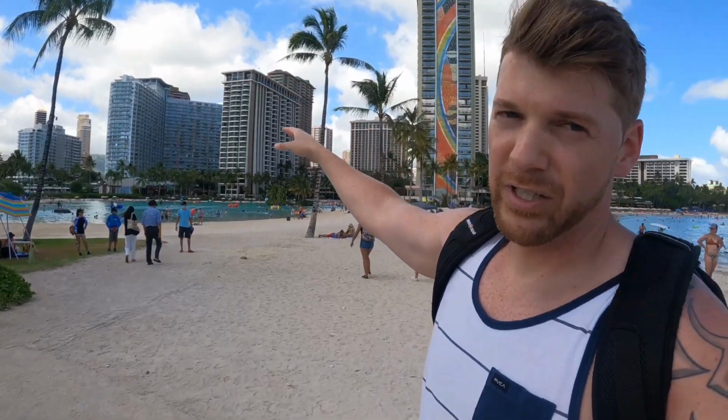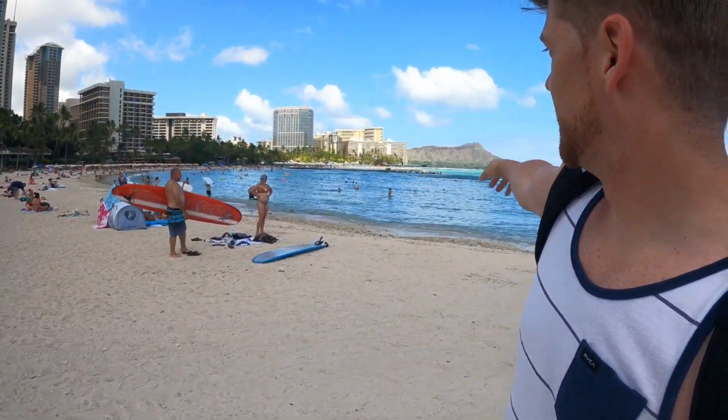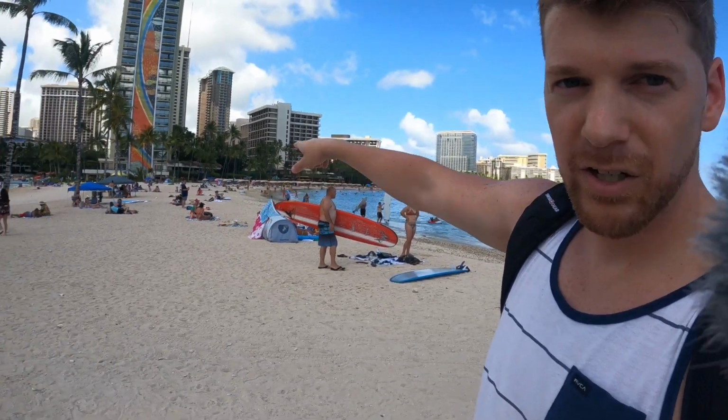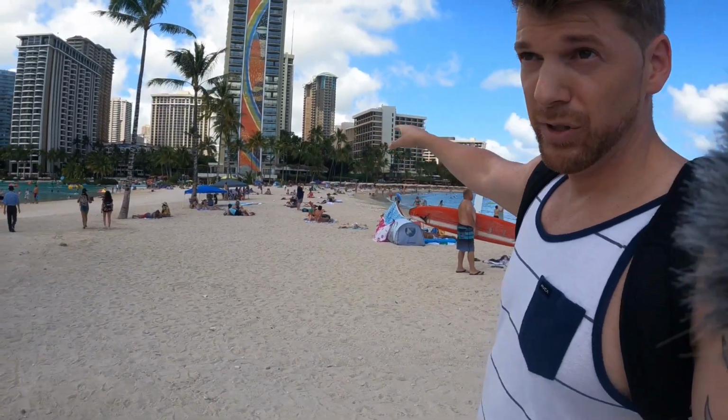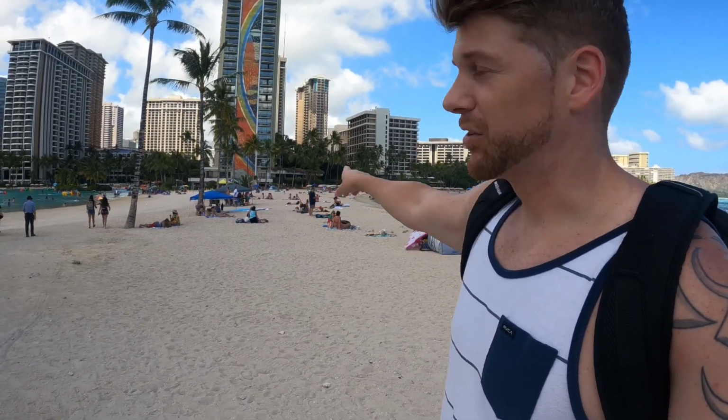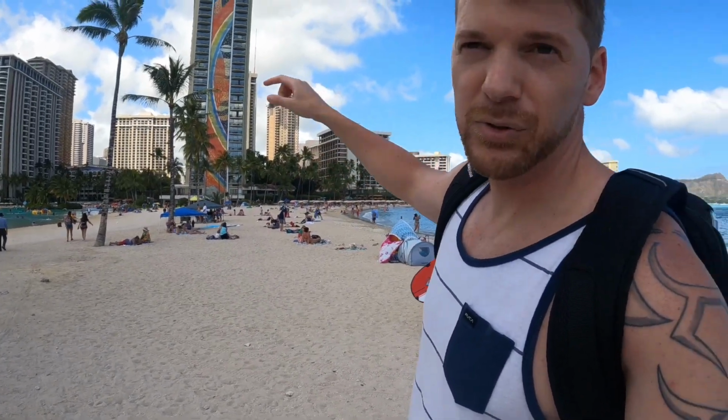So today, like we talked about, we were going through Waikiki, and decided to start out over here by the Hilton Hawaiian Village. We got the Duke Paoa Kahanamoku Lagoon over here. Okay, Hilton Hawaiian tried to claim it, but it's not theirs. We also got the beach, and like I showed you, Diamond Head. We're gonna walk through here. So this busy area right here, you can see it's the beginning of June 2021, and it is popping. We're gonna walk through all this, and head to one of the main roads, which is Kalakaua. We're gonna walk down Kalakaua, and as I showed you,